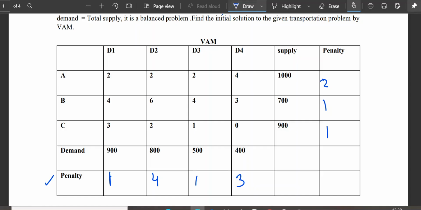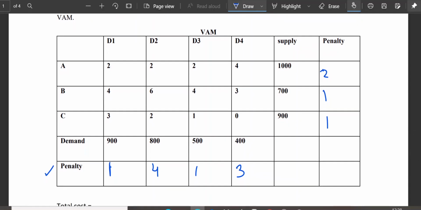So out of these penalties which I have written with blue color, you have to choose the largest one. The largest one is this 4 here. So I will be moving in this column, okay, in the column of D2. Now in the column of D2, look at these cost values. Amongst these cost values, choose the smallest one. See, I am having this 2 and this 2 as minimum. Now which one should I select here? I will see what will come in the circle here, what will come in the circle here.